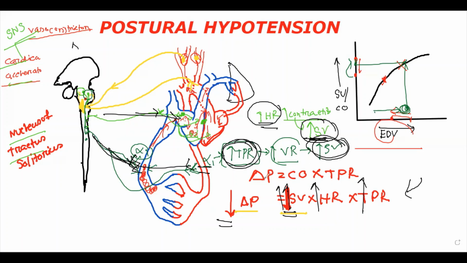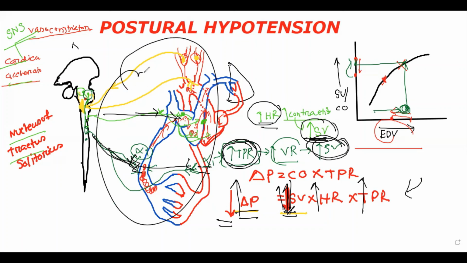So as all the parameters have increased, it will ultimately increase the low pressure that was previously present due to our posture. So when a person suddenly stands up from a lying down position, his stroke volume drops significantly, then these reflex arcs are activated, increasing this person's total peripheral resistance, heart rate and stroke volume, and ultimately the decreased blood pressure will be translated into normal blood pressure.